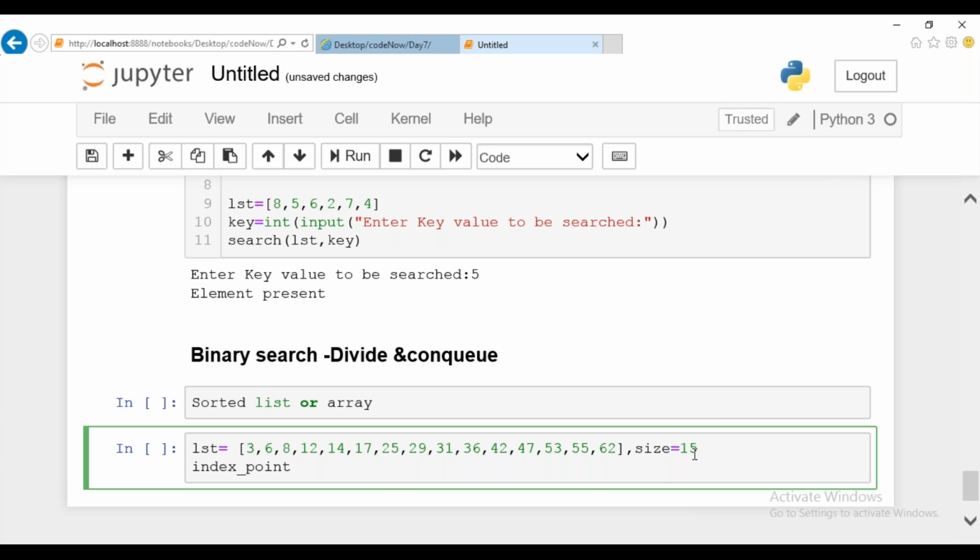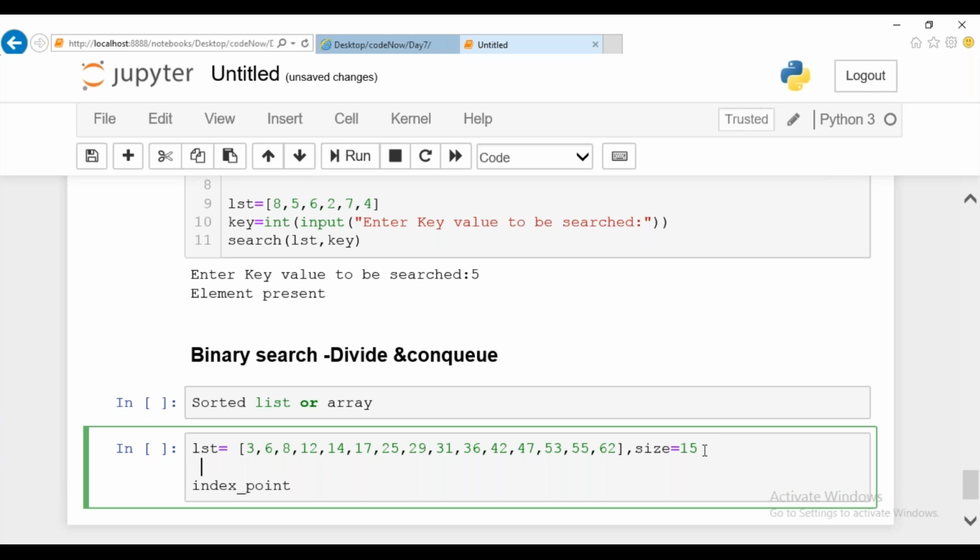For your clarification, I'll write the index positions: first value, second value, third value, 4, 5. Guys, I'm writing it for your calculation; it will be easy for you during the programming steps. Then the 10th value, 11th, 12th, 13th, 14th, and 15th value. So we have written 15 values here, right?